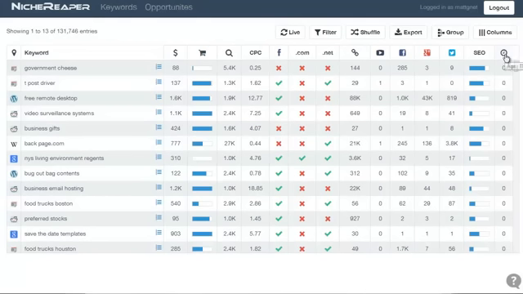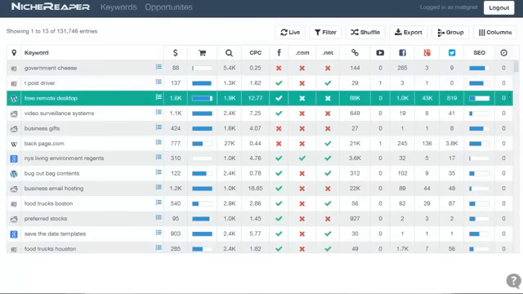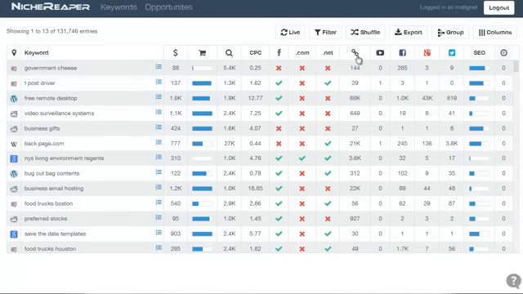And the last column we have is how many days ago this data was researched. So what's its age in the database, how old it is in the number of days. Now we also have some options across the top here, so let's cover what these are for and what they